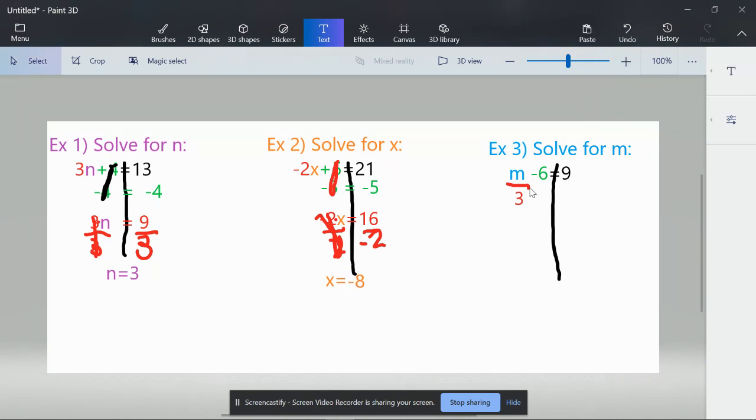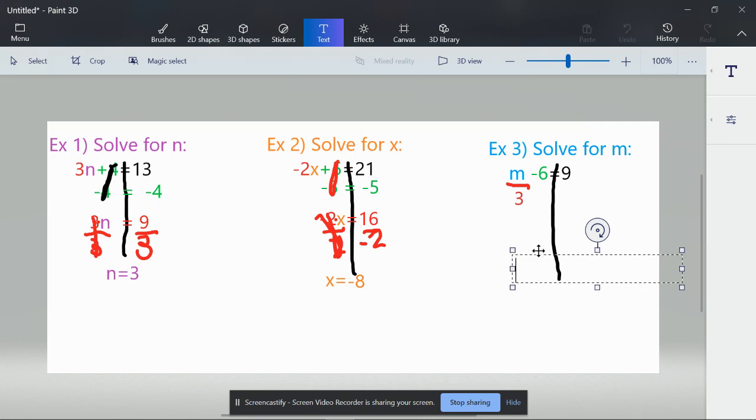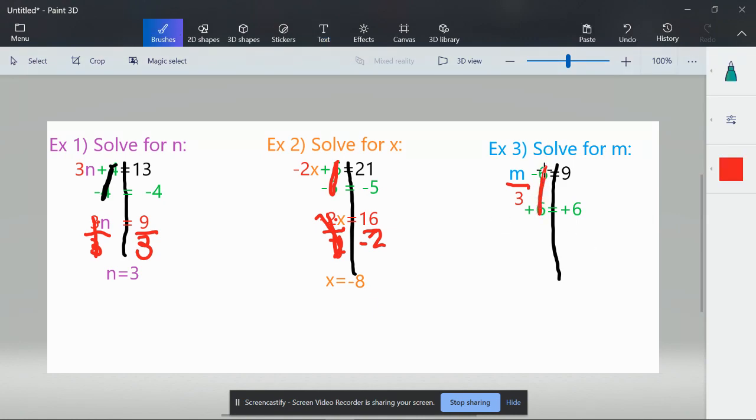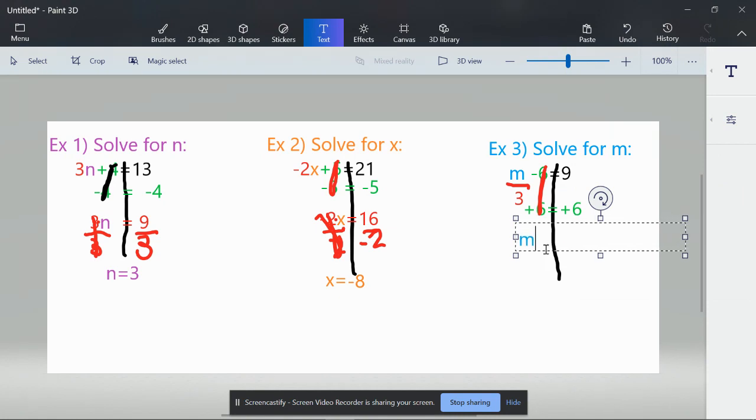All right. For this last one, we have subtraction and some division to begin with. So we still have to go through that same process of needing to undo the castle traps, or the outermost traps, first. So in this case, we still have to undo the -6 by doing +6 on the left side equals +6 on the right side. That cancels out these two. And then what we have left over here is the m being divided by the 3, which I'll draw in that division in a